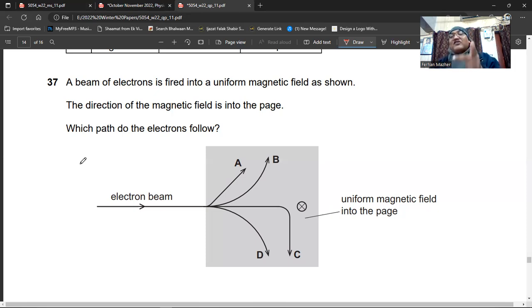Because electrons are negatively charged, they will bend opposite to my thumb. So they will bend towards the bottom of the page. Now it can be C or D. Because these are electrons and their size is very small, they will take